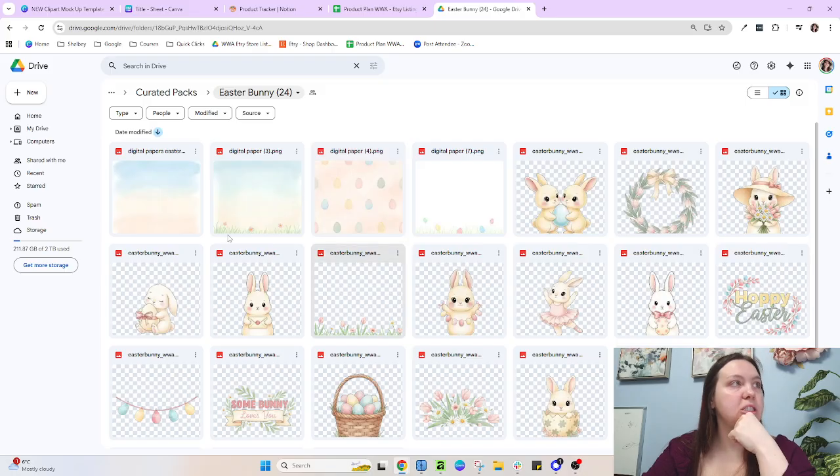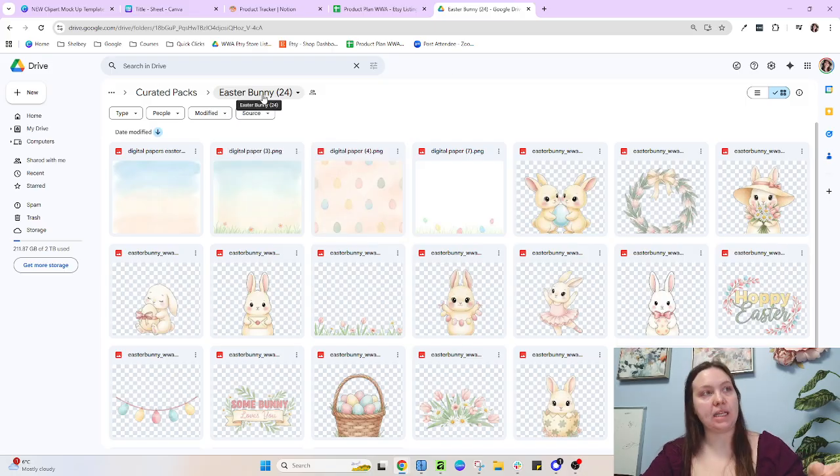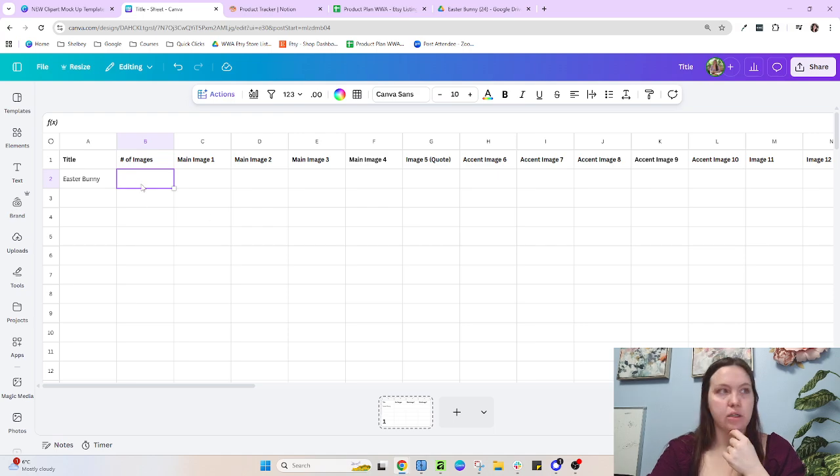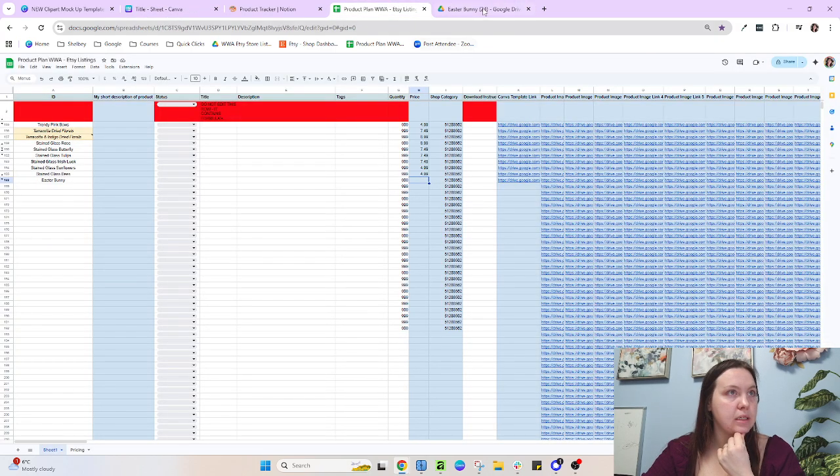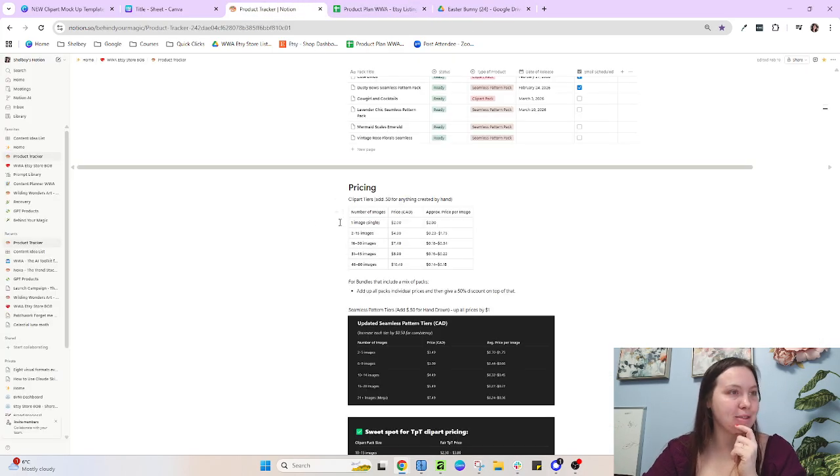So I can see there was 24 images in this. I know because when I save it into my Google Drive, I put how many in. So let's go back to here, 24 images. And because it's 24 images, hopefully this isn't too confusing, I'm jumping around a little bit. But because it's 24 images, I go back to my pricing chart and I go, okay, if it's between 16 to 30 images, I think I actually